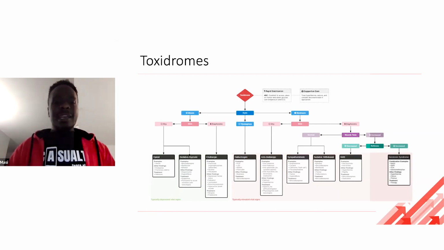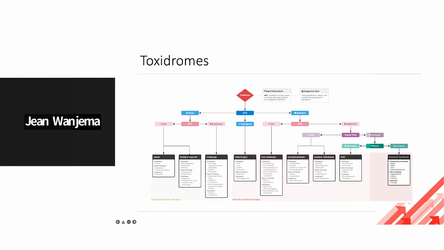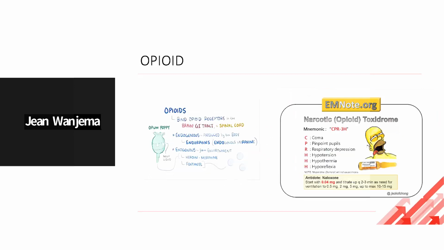So there are a number of toxidromes, and I'd like Dr. Jean to take us through the first few, if she may. Okay, so like you said, a toxidrome is a constellation of signs and symptoms that are characteristic of specific drugs. In the chart that we can see there, we start with the first, the opioid toxidrome. These are patients who maybe took an overdose of heroin or a morphine overdose, especially our palliative care patients. These patients tend to be very dry.